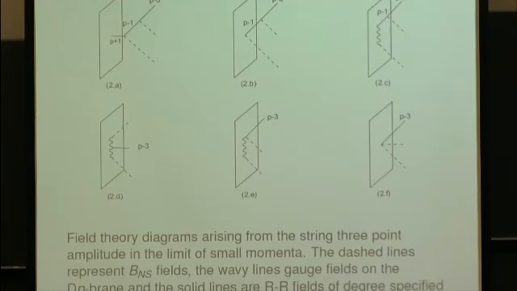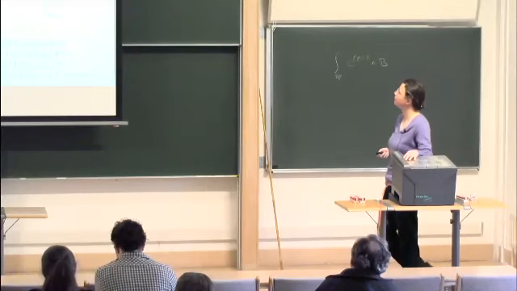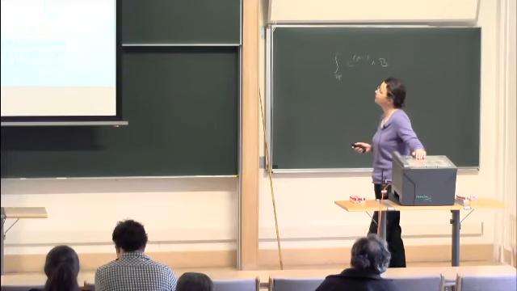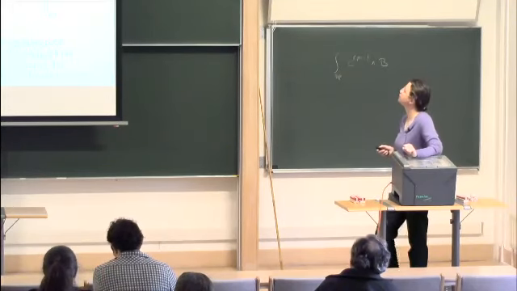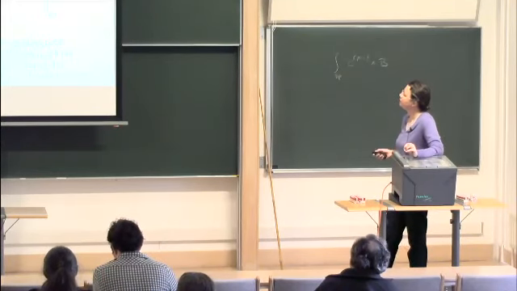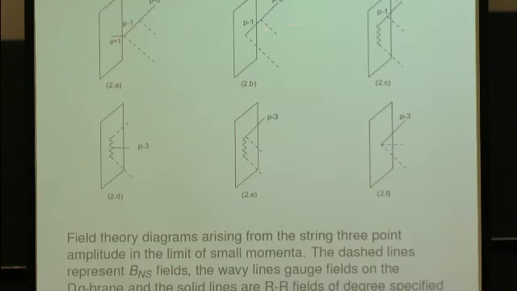Now, some of these field theory diagrams are easy. For example, 2A and 2C. These diagrams are easy because they are not corrected at the order alpha prime squared that we are interested in. For example, the space-time vertices, if they get a correction at all, it would be at order alpha prime cubed, because this is how the type 2 effective action looks. So for 2A and 2C, we can simply write down the formula. Now, these ones, 2B, 2D, and 2E, are a bit more tricky, because